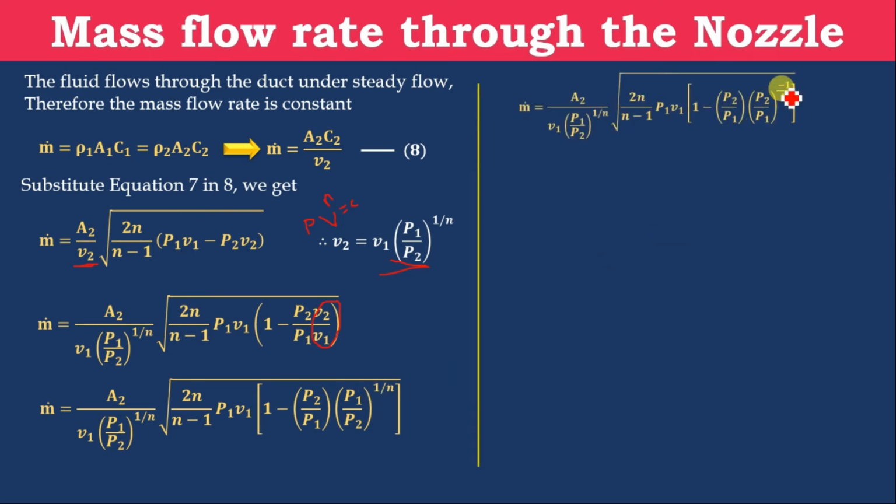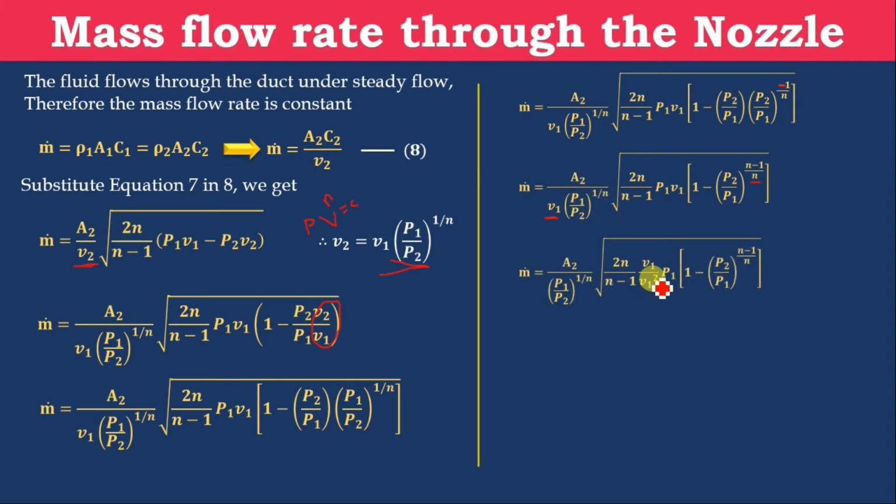So P2 divided by P1, I have taken minus here, minus 1 divided by n. Now we know a power m into a power n is equal to a power m plus n. So this becomes n minus 1, that's the change in the last equation. n minus 1 divided by n. Now take this V1 inside the root, it becomes 1 divided by V1 squared.